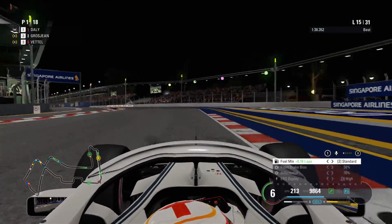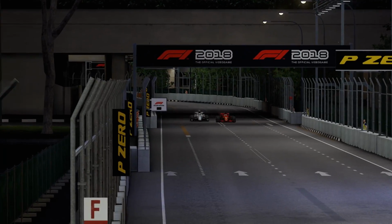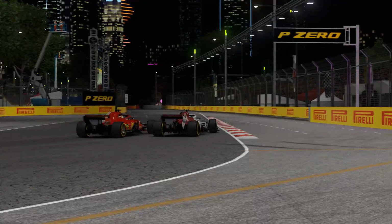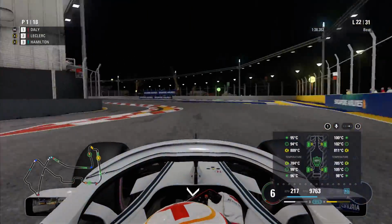So he literally did 10 laps on those tyres and decided to get rid of them. So I thought there was some kind of problem for him. I checked his front wing in the pit stop. He didn't change that, so it was a scheduled stop, which was really weird, but he goes around the outside of Sebastian Vettel to take back P2 in this race, and he's now on the soft compound tyres,